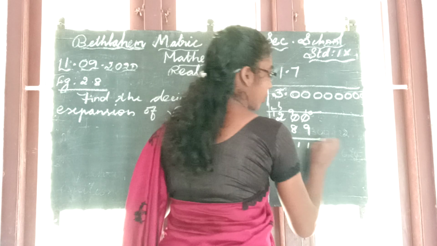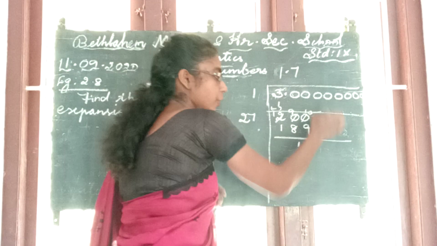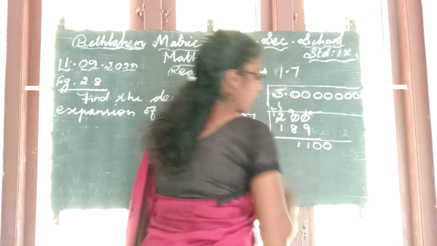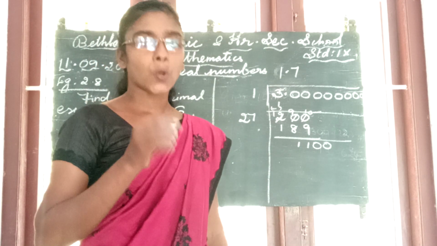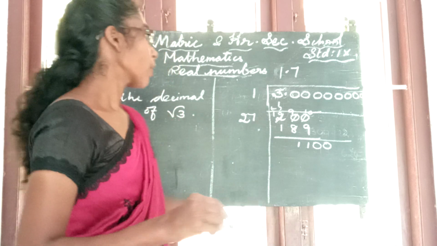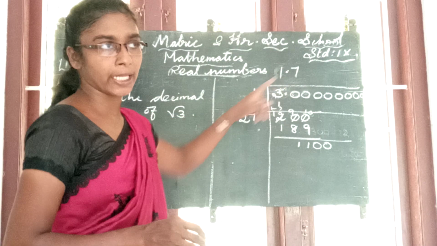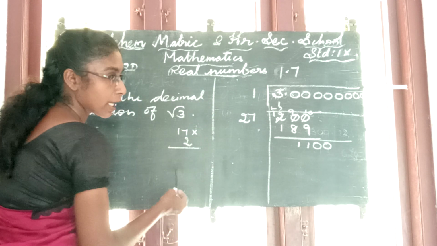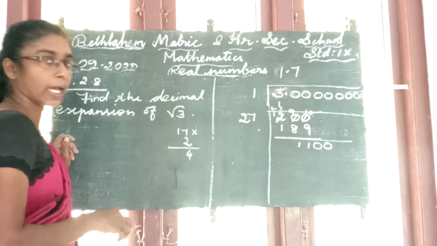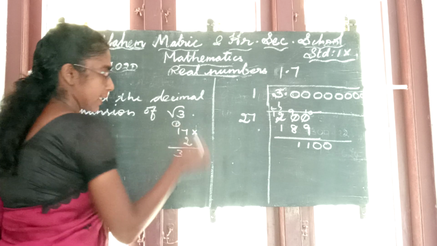Next also, what do you have to do? Subtracting afterwards. Same procedure only. 2 digits you have to take it down. When taking 2 digits, what will we get? Okay, 1 1 0 0. Next also, quotient multiplied by 2. Quotient without decimal point, you have to multiply without the decimal point. 17 into 2, what do we get? 7 2s are 14. Very good. 1 balance. 1 2 is 2, 3, 34.